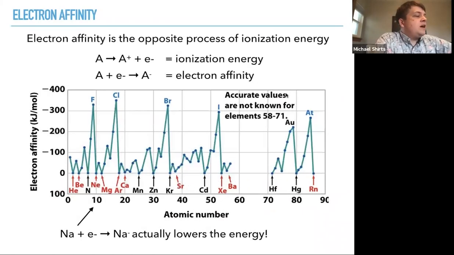So that's ionization energy. There's a related concept here, which is electron affinity. It's the opposite process of ionization energy. And it's important: it's not the reverse of the process. The reverse of the process would be how much a single atom plus a electron likes an electron. That is the reverse of the ionization energy. The electron affinity is going in the opposite direction, taking a neutral atom and seeing how much it likes to